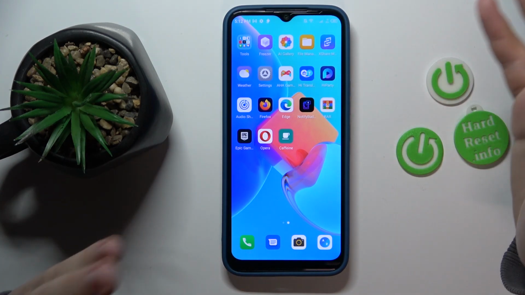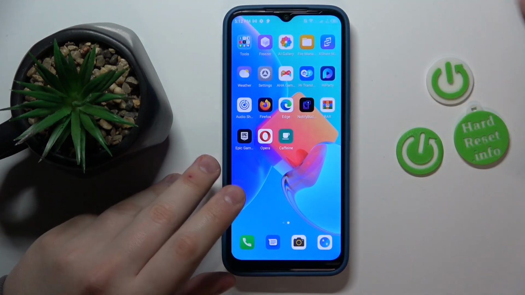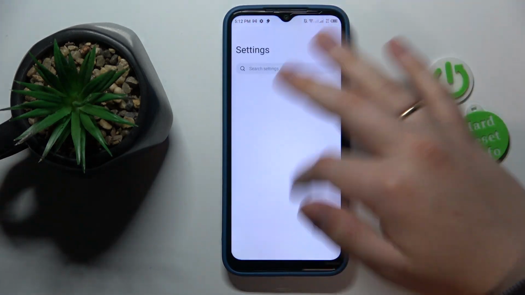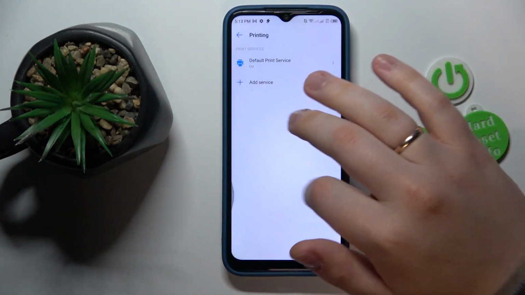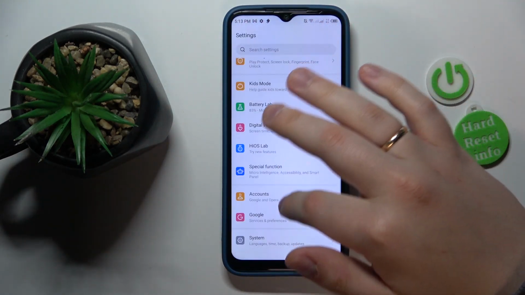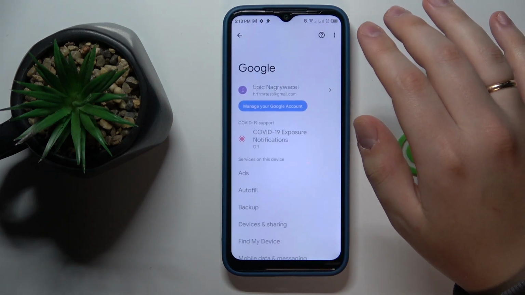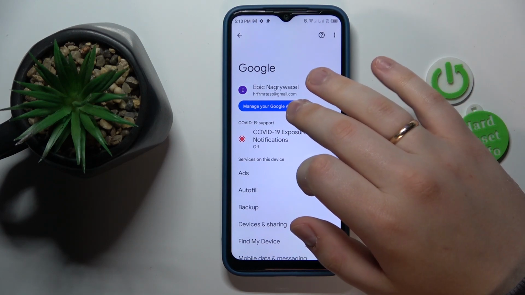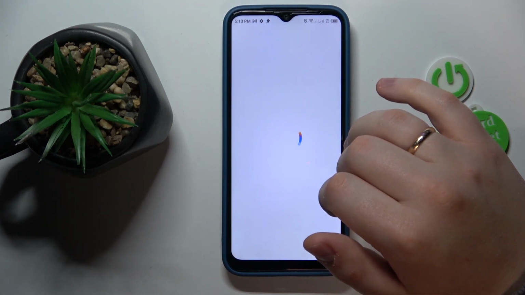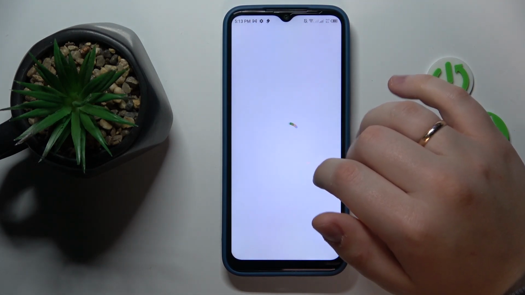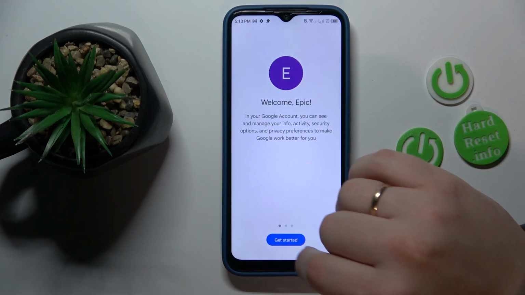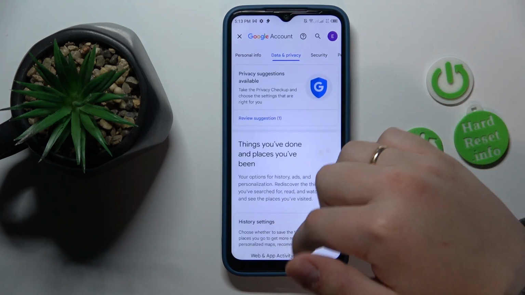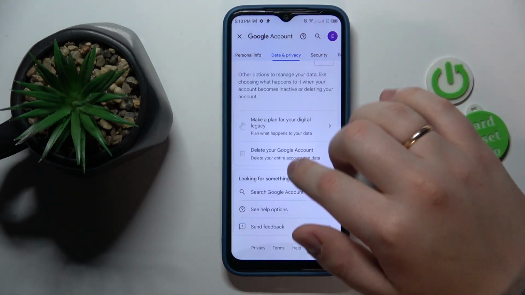preventing myself from having any interaction with the parent, I will need to launch Settings, then enter the Google category. Onwards, go for the Manage Your Google Account button. Get started. Then open the Data and Privacy page, scroll all the way down, and tap the Delete